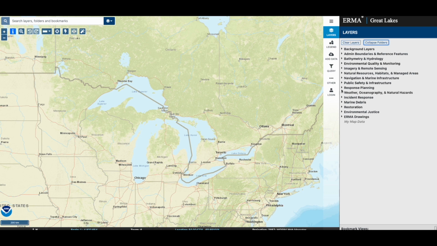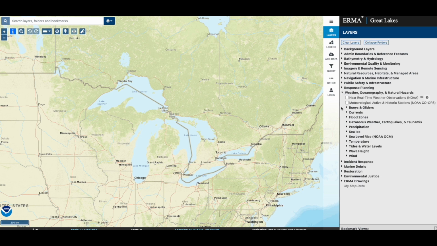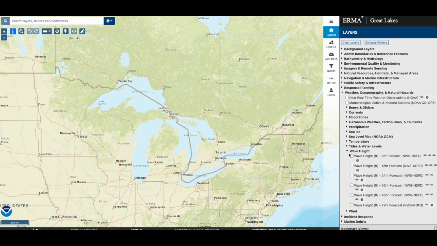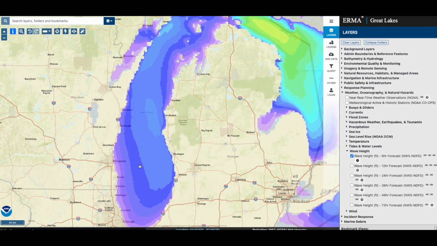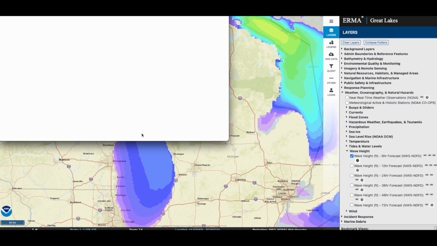In the Weather, Oceanography, and Natural Hazards folder, let's add the 6-hour forecast of wave height to the map. If we zoom in on Lake Michigan, we can see a gradient that gives us information about the wave height on the lake. Clicking on a point on the lake brings up a smaller window with more information about that